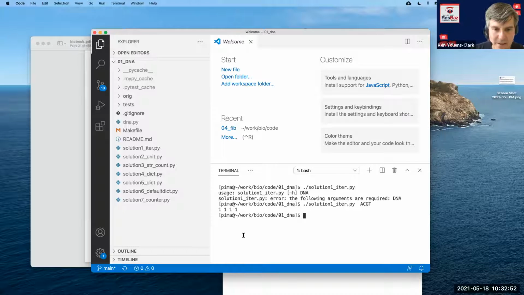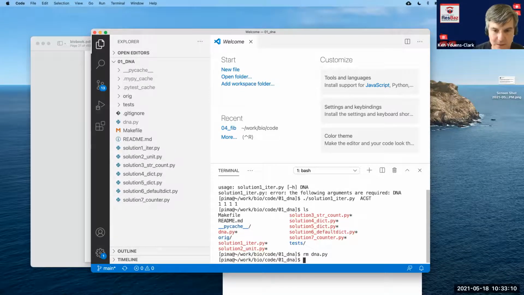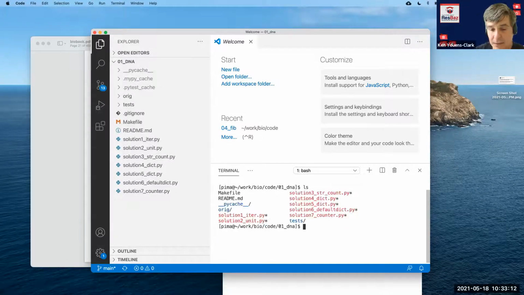And so here I am inside the source code that I checked out from GitHub, and I'm in the 01 DNA directory. And if I do an ls, which is file listing, there is actually a DNA in there right now from my having solved it earlier. I'm going to get rid of it. And if I ls, I'll see there's a bunch of solutions there already. And if you want, you can run solution one.